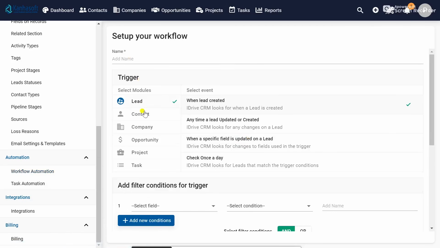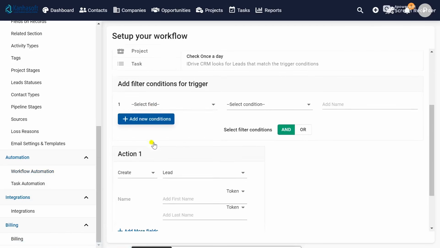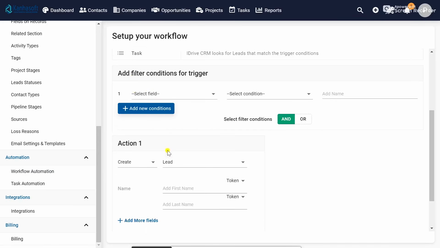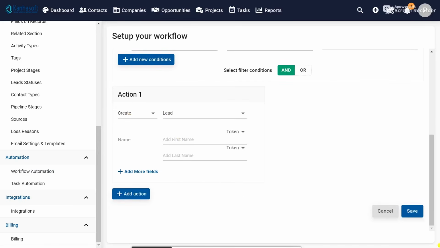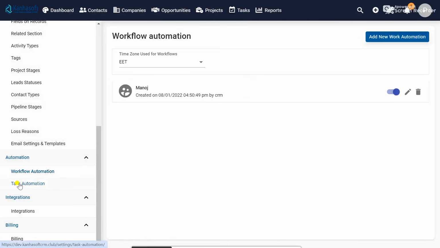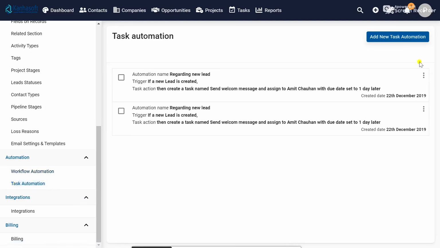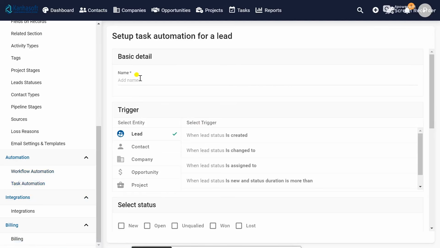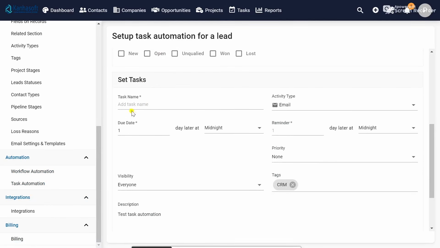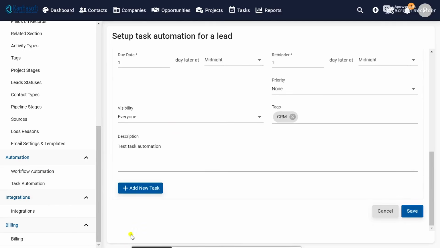Enter the workflow name, select any module, add the filter condition and action, then click on the save button. Suppose I want to change a task automation, click on the task automation menu. You can add a new task, click on add new task. You can add the basic details, select the entity, select the status, select the task, then click on the save button.